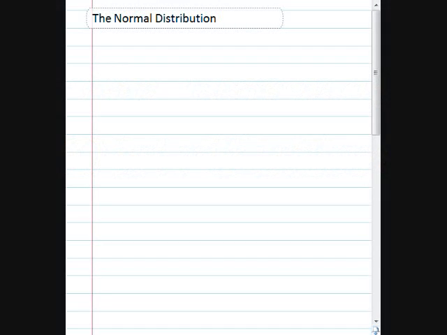In this video, we will be talking about the normal distribution. Before you continue watching this video, you should read in your textbook about continuous random variables, and make sure you understand the difference between a continuous random variable and a discrete random variable. Having read the section on continuous random variables, one of the key facts that you should have noticed is that